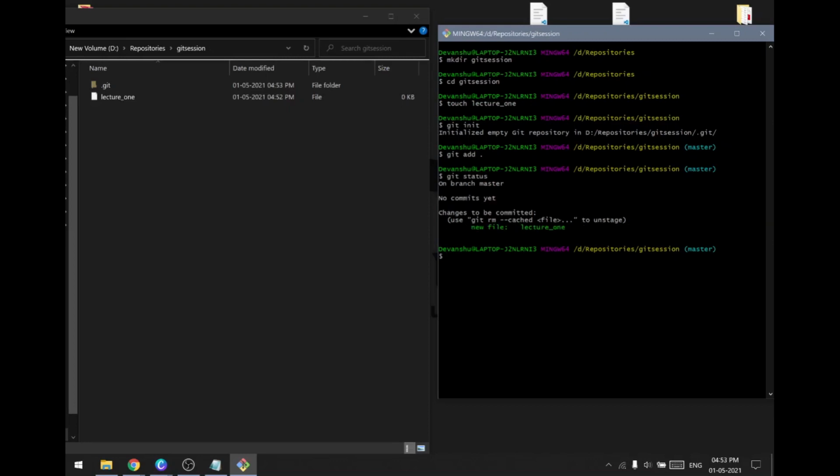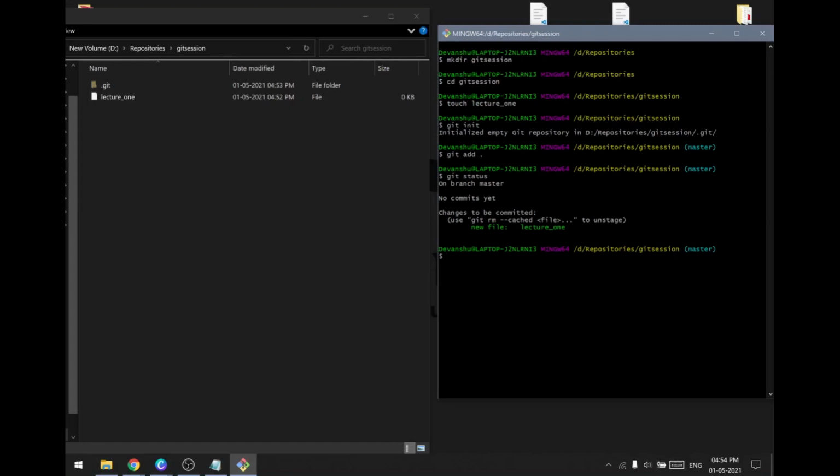There is one thing to note: you should carefully look at the location where you are using git init, because if you do git init at your main files or at your desktop, it might create a repository at your desktop, and later on if you discard those changes you may lose all your files on your desktop or on your system even.